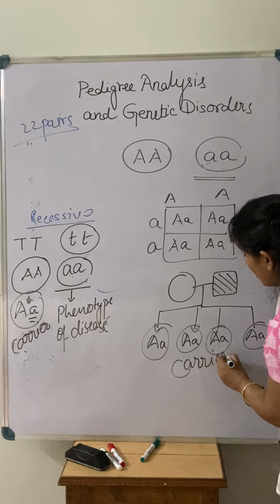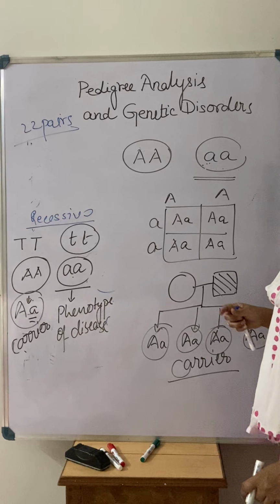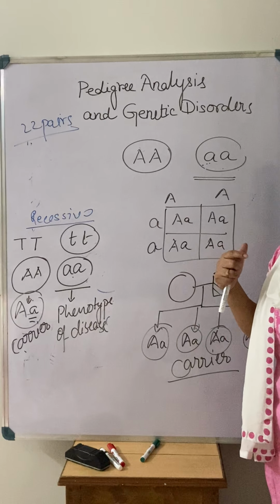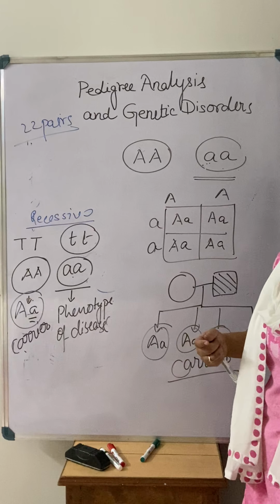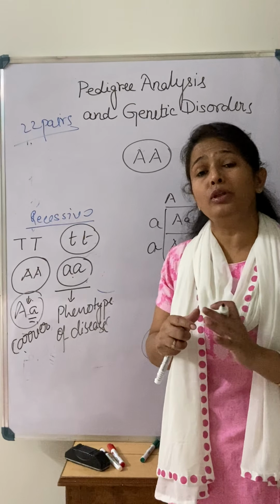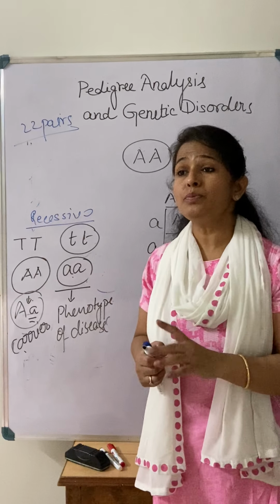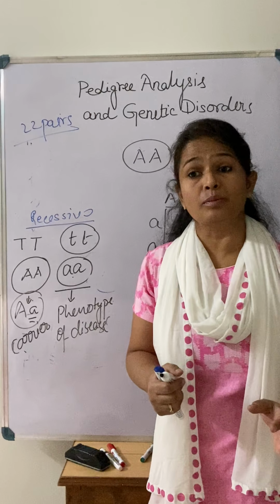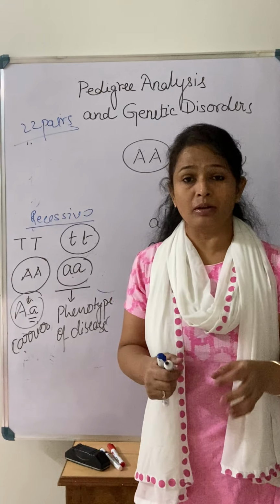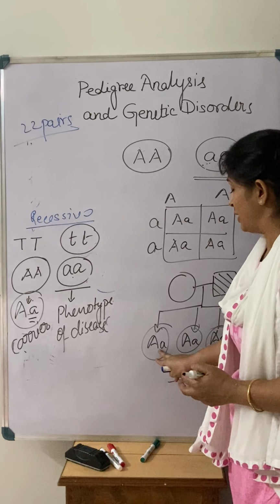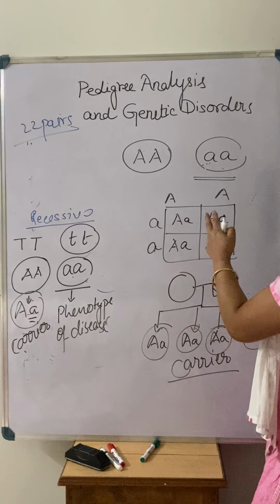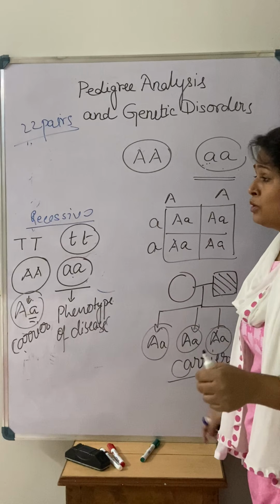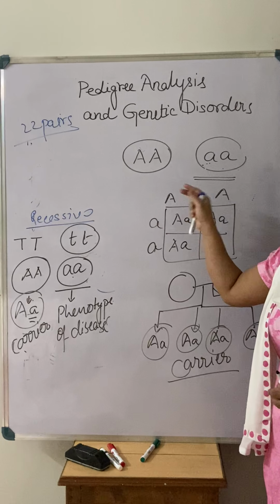So in case of autosomal recessive disease, a parent can be a carrier. There is one word we use, that is a carrier of the disease. In this case, carrier means the phenotype is not visible for that disease. When you see that person, you cannot say the person is infected with that disease, but he is the carrier of that disease because he is carrying the genotype of the disease. One of the alleles is present. And being recessive, he will show it when he gets another recessive allele. So this is the meaning of autosomal recessive disease.